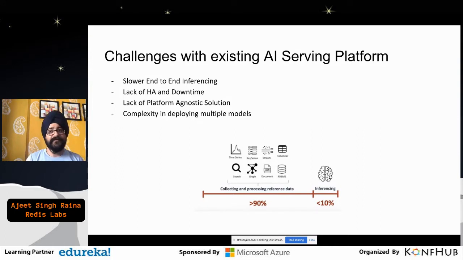The other important thing when we talk about the production environment is a lack of HA, because data is very important. You don't want to lose the data altogether. If at some point it doesn't collect all the data and produce a result out of it or add logic to it, it doesn't make sense.